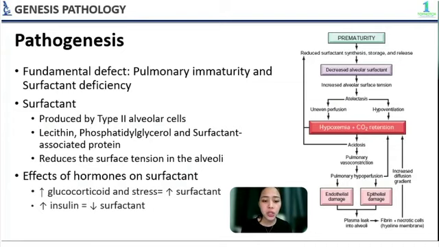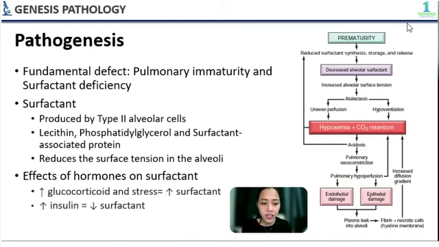Surfactant production is accelerated at the 35th week of gestation, and it is also affected by several hormones like cortisol and insulin. So yung mga condition na may mataas na intrauterine stress, this will trigger cortisol production. Dito, mataas yung surfactant production, decreasing the risk of developing RDS. Surfactant synthesis naman is suppressed by high blood levels of insulin in infants of diabetic mothers. Insulin counteracts the effects of these steroids, and this may explain in part why infants of diabetic mothers have a higher risk of developing RDS.